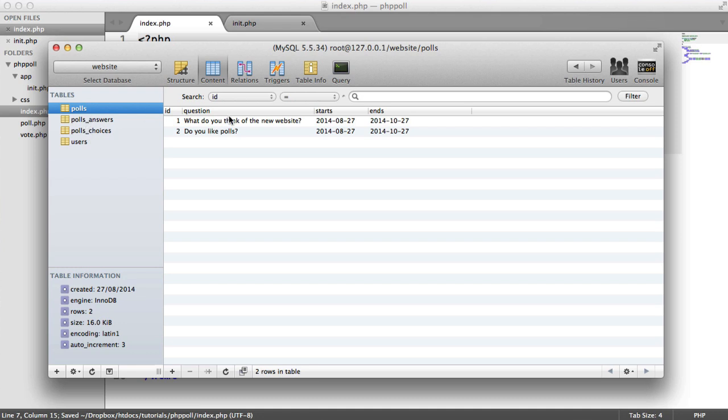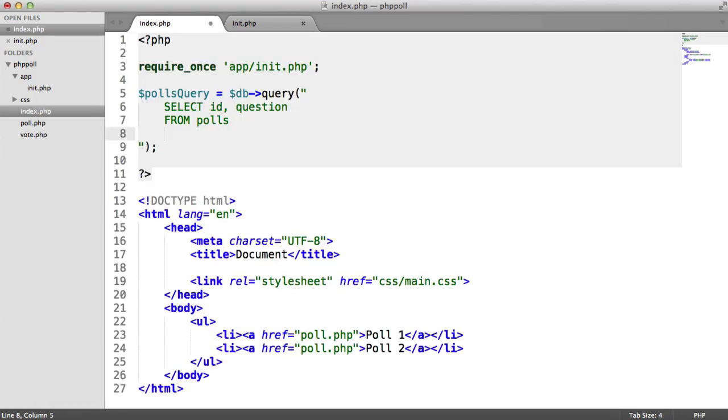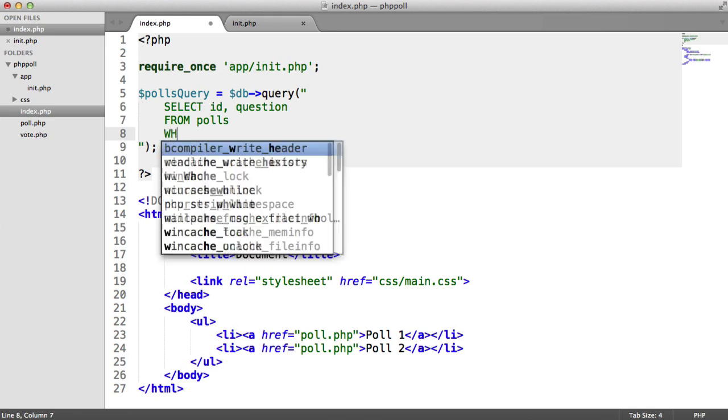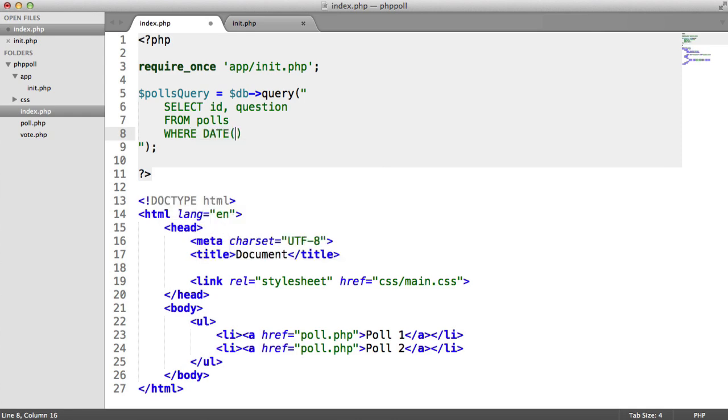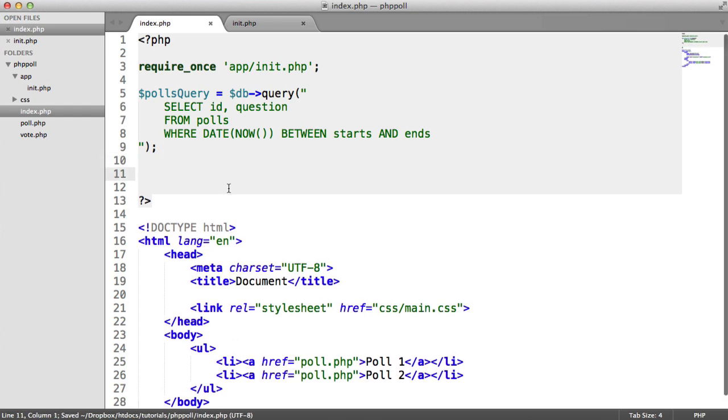So we're selecting the ID and the question from this table, and that's going to select all records because we're not adding a limit on it. But what we want to do now is say where the current date is between the start and end date. So we say where date now, so we use the now function, between starts and ends. Simple as that. So we now should have our two polls, and we'll change the date over just to make